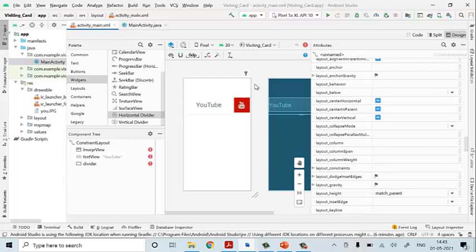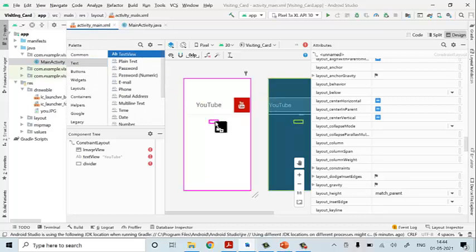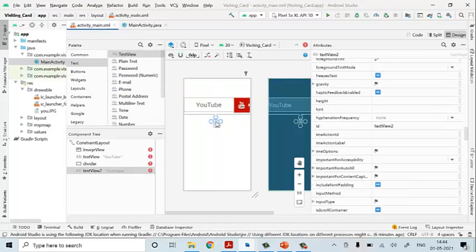Okay, now what should I do? I need to come up with the employee name. So here also now we are not taking any input from the user. So what I'm doing, I need to make use of TextView. You need to take this TextView and place it here.